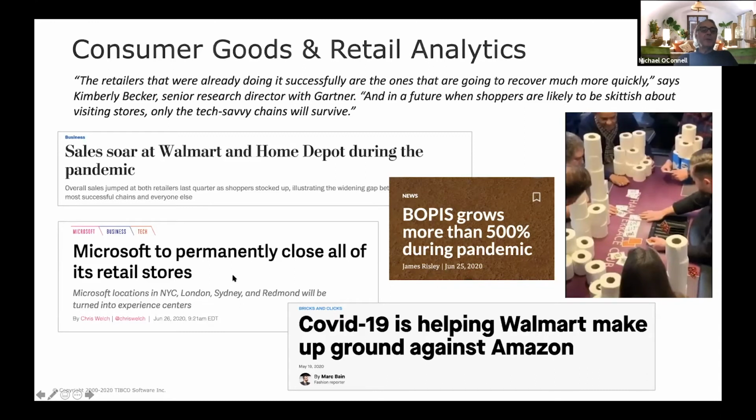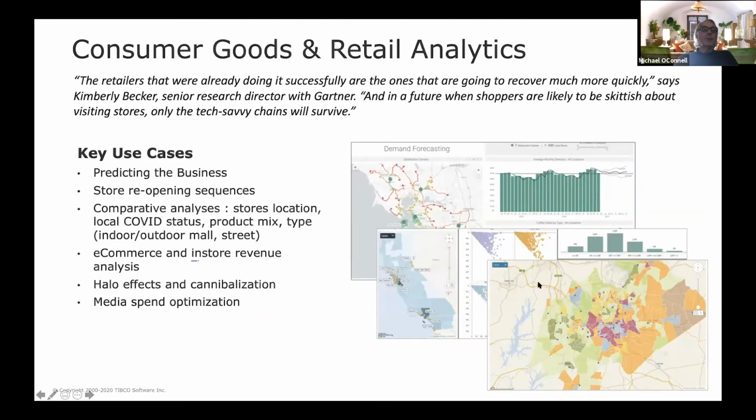On the other end of the spectrum, Microsoft just announced they're permanently closing all of their retail stores. And our colleagues at Procter & Gamble can't make enough toilet paper to sell all the toilet paper they can manufacture at this point in time. So really some dynamic shifts in the consumer goods and retail analytics area. We're engaged with our customers to help them predict the business. Very difficult to do that when you don't have in-store sales, and your historical way of predicting the business is to do month over month, quarter over quarter sales of the same store,